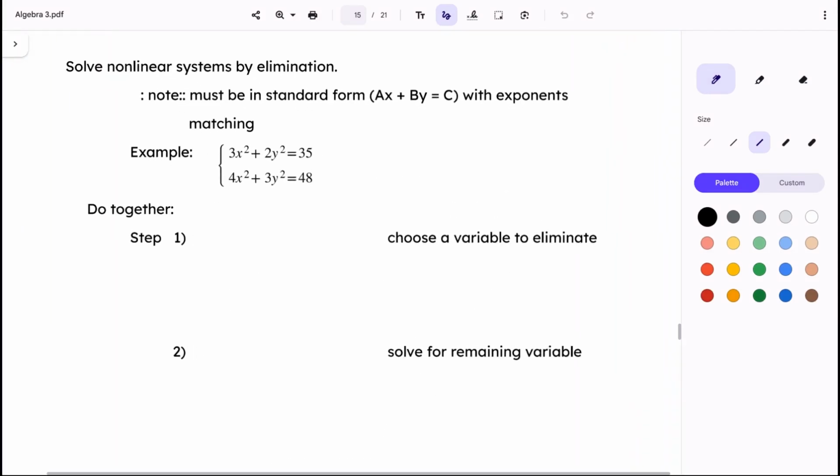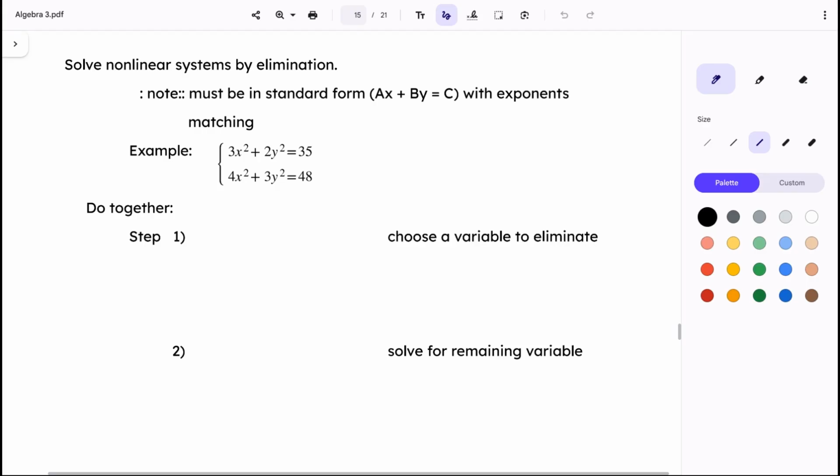Okay, we're on this page. So yesterday we talked about how to solve these nonlinear systems using substitution. Today I'm going to go over how you use elimination. So in the future, you can decide which method, just like when you were solving any system with two variables, you can use substitution or elimination, whichever is easiest for you or whichever method you